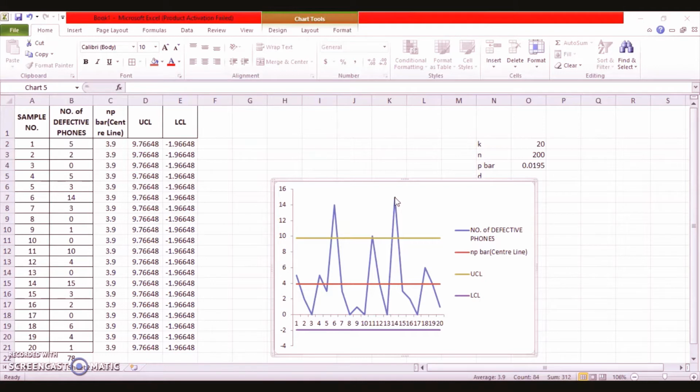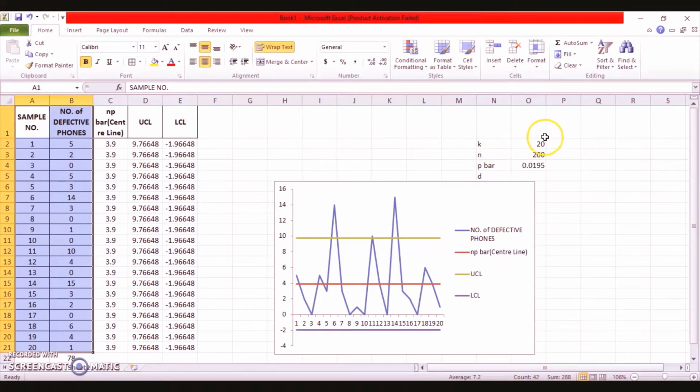So for that purpose, let us see how we do it with the help of this Excel function that we have. And this problem which you can see on your screen, it is basically an analyst inspecting 20 samples of size 200 each from the output of a final assembly line and recording the number of defectives in each sample as given in this form: sample number and number of defectives, right? So this is given to us. And what else is given? The value of k is 20, that is the total samples are 20, and size of 200 each from the output is given. That means n value is 200 given here, right?